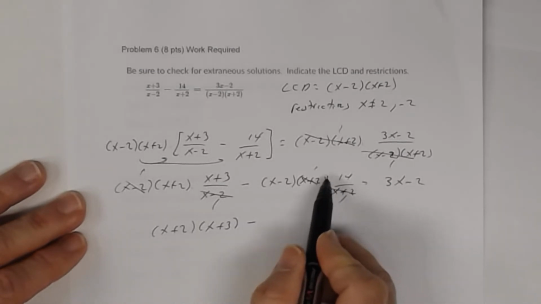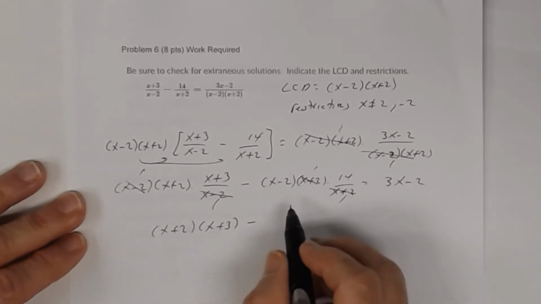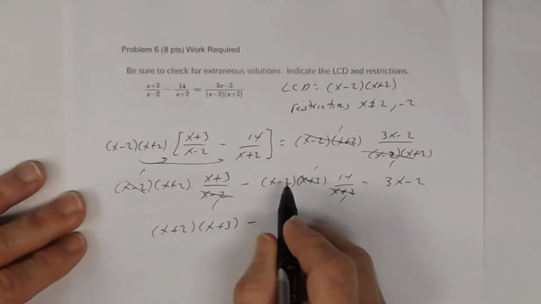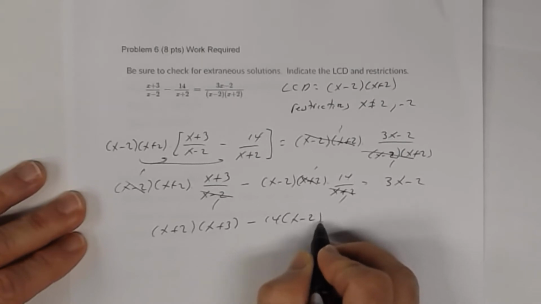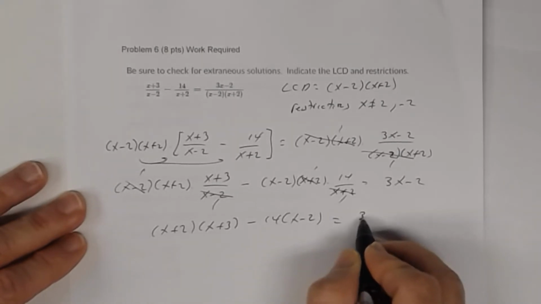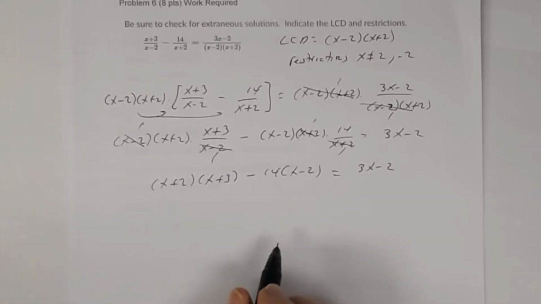Minus, and then that's 14 times x minus 2, because that's a 1. So 14 times 1 is 14 times x minus 2. This is what it should look like. Equal, and then 3x minus 2. Alright, so now